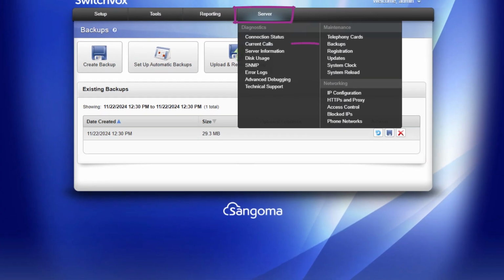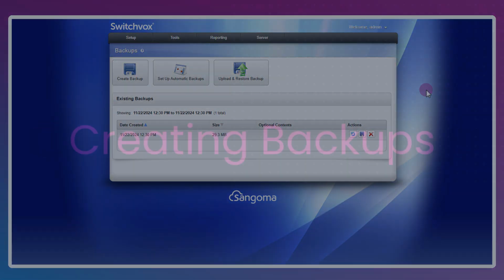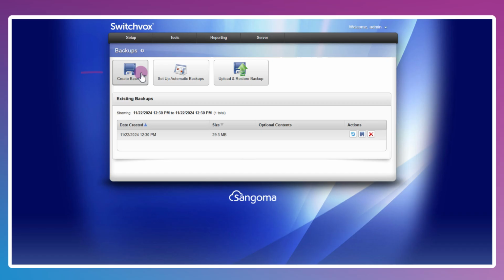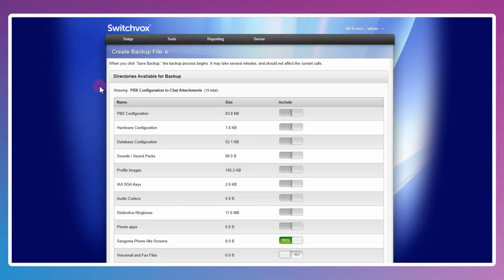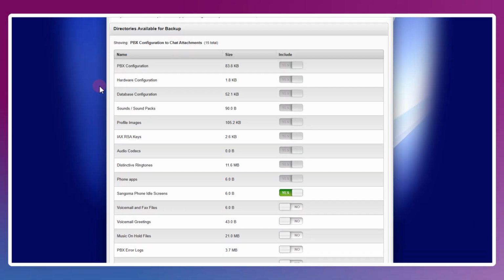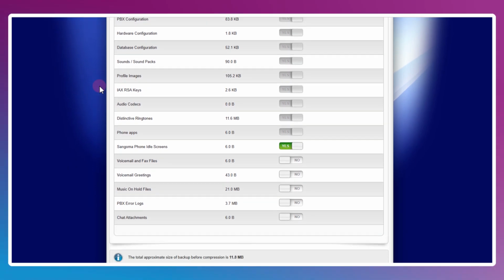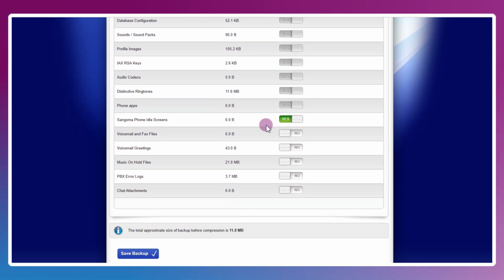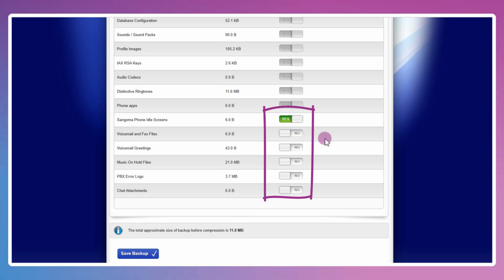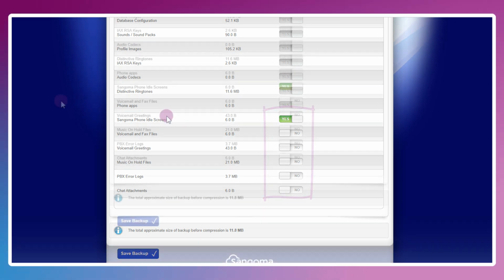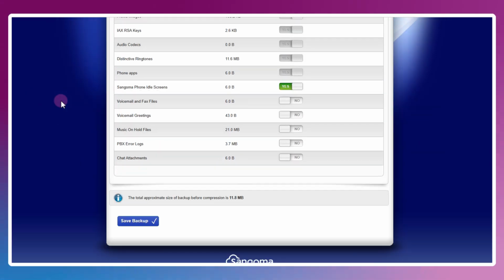To join me on this page, head up to Server, Maintenance, and then Backups. We'll start with creating a backup, which, as you can see, gives us quite a number of different options, with a few core components being non-optional. Additional components that are optional, however, would be denoted with the toggle switch active, mainly pertaining here to audio files as well as log files. So once you're satisfied with your options, you can hit Save Backup for a manual backup.